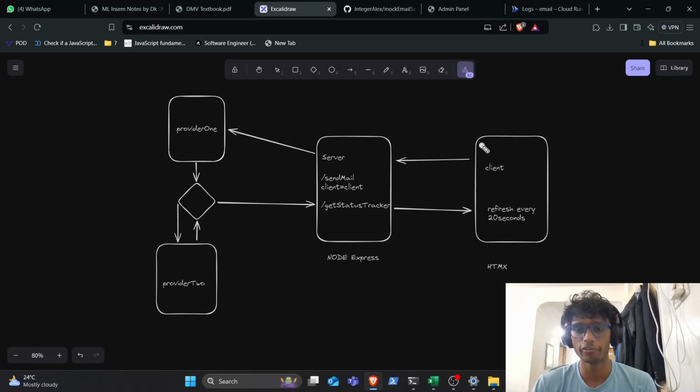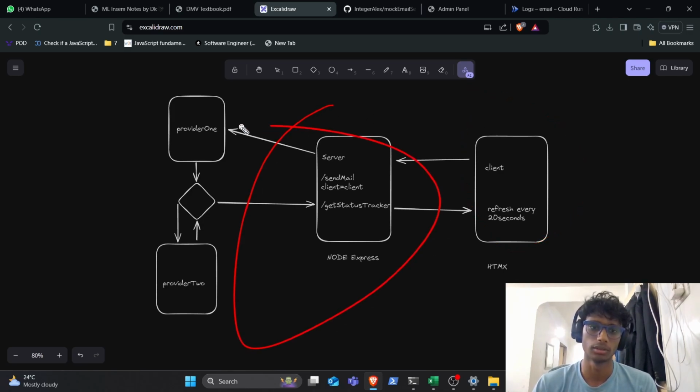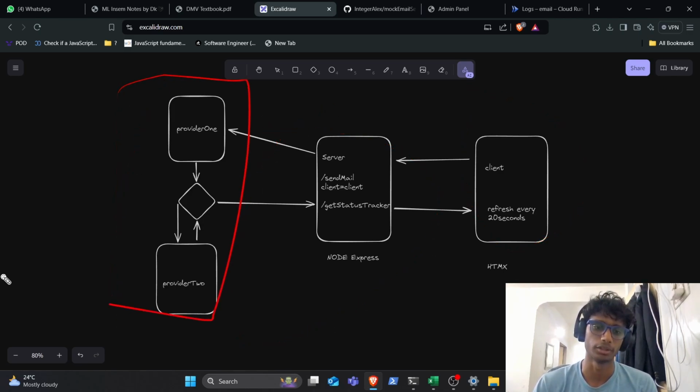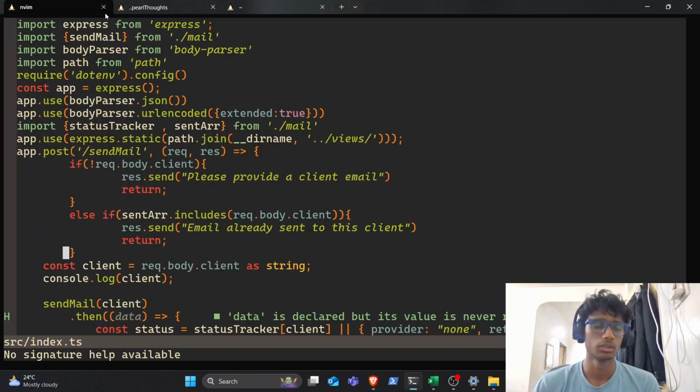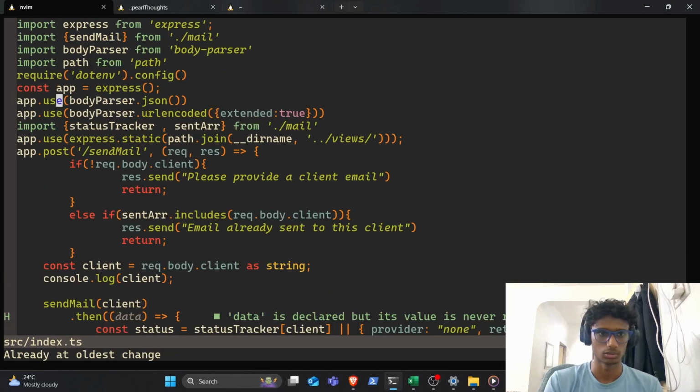This is the brief architecture of my project. There are three main components: client and server, and the main logic behind everything. First, the client makes a POST request to one of the endpoints in the server. It's send mail, with the body parameter of whatever the client's email is. And the main logic behind the send mail route